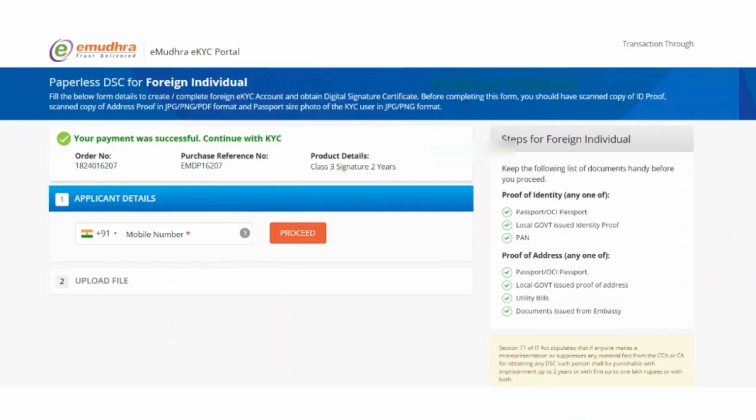Welcome to eMudhra eKYC account opening flow meant for applying a digital signature or opening an eSign account. The video also assumes that you have filled in basic information and completed a payment prior to landing on this screen. As a foreign individual opening an eKYC account with eMudhra, select your country code, enter your mobile number, and